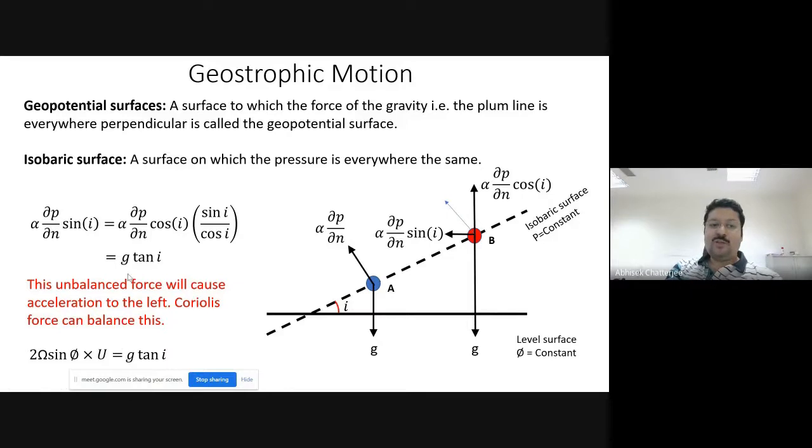So now if we know the Coriolis parameter f, that means if we know the latitude, and obviously we know the latitude at a given point, then you can always calculate that f here. Then we know the velocity u, we know G, then we can always calculate tan I. That means we get the angle of the elevation because of this flow.